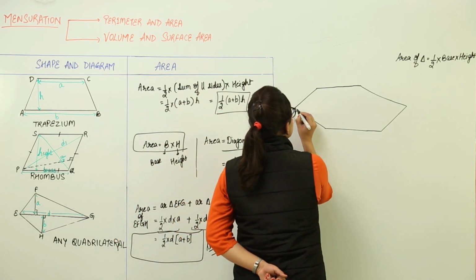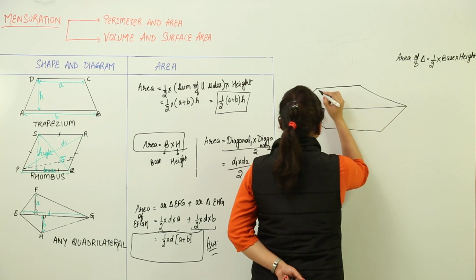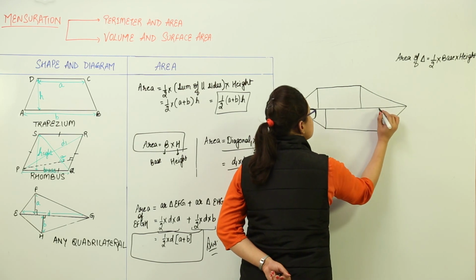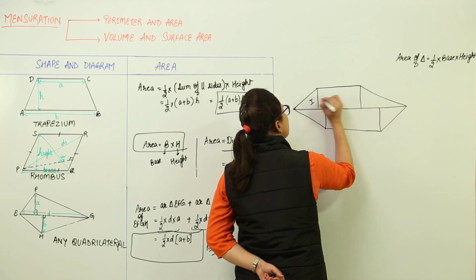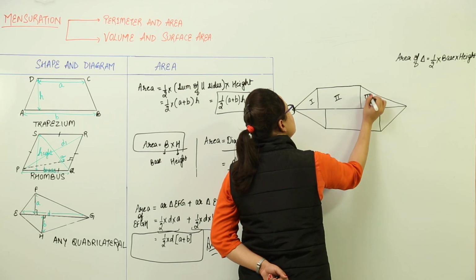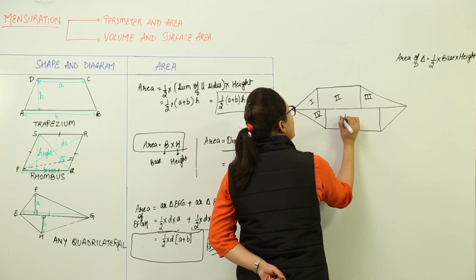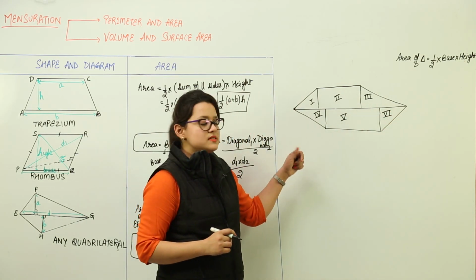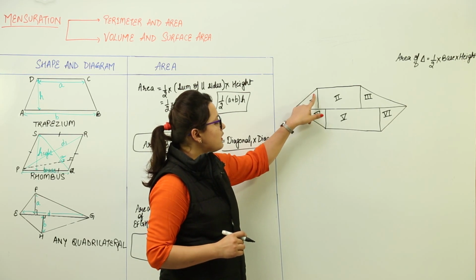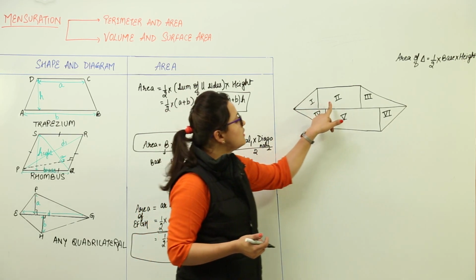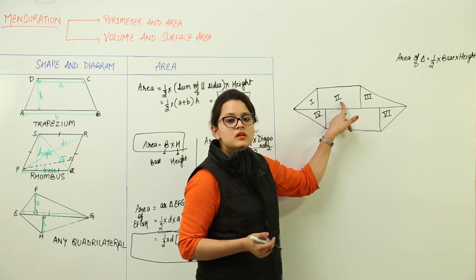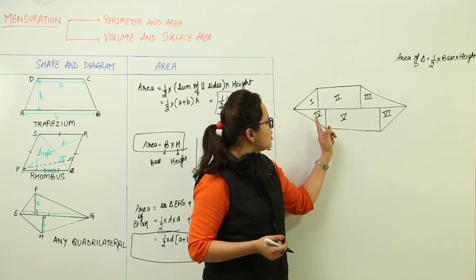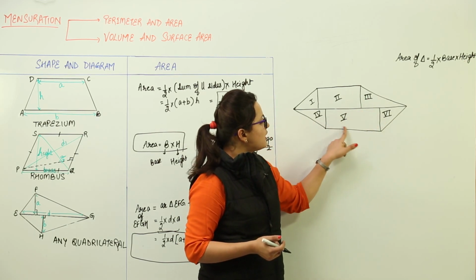Now for that, say for this example, I am going to divide it like this, and that leaves me with 6 shapes over here. You can see I have divided the area of polygon into 6 parts, and each of them is in such a shape for which I can calculate the area very easily. Now the first one is a triangle. I know the area of triangle formula. This second shape is a rectangular one, so we can calculate the area of rectangle also. We have triangle at 3rd, 4th and 6th place, and we have rectangle at 5th place.